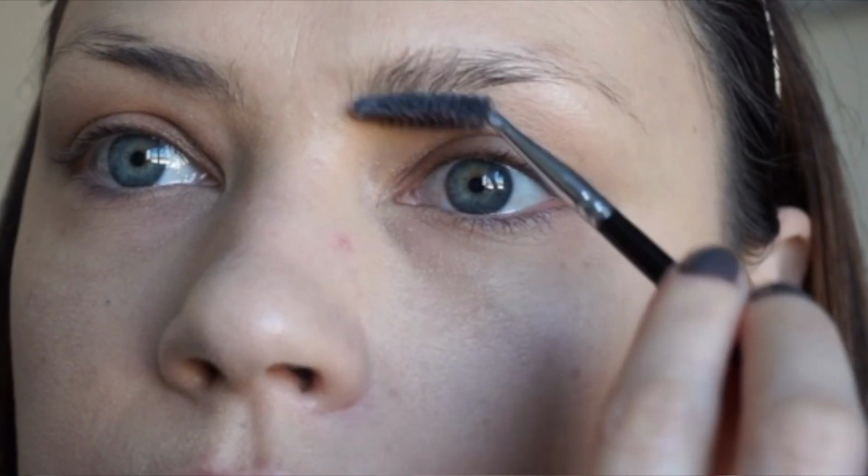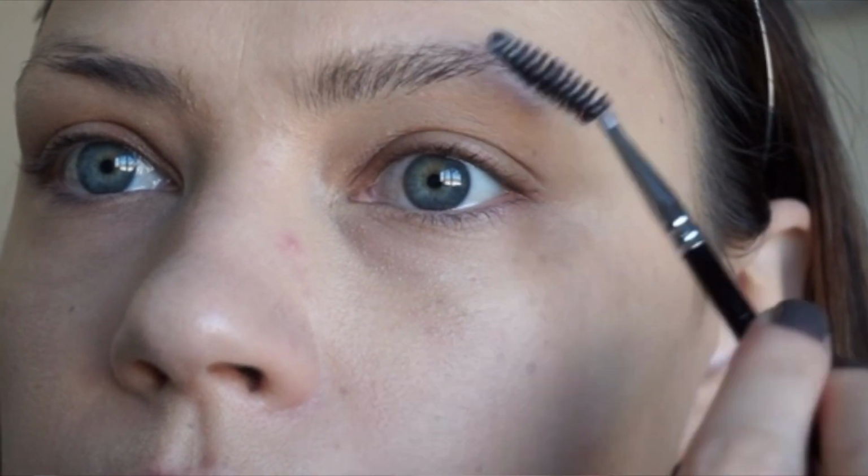Another thing I am a huge fan of, and this might be a little weird to some, is soap. I am a huge fan of soap brows. Soap brows, I'm not sure who invented them, but they have been around for a long time. A lot of people use this technique, and you pretty much brush your brows with soap. You mix it up with a little bit of water or whatnot,